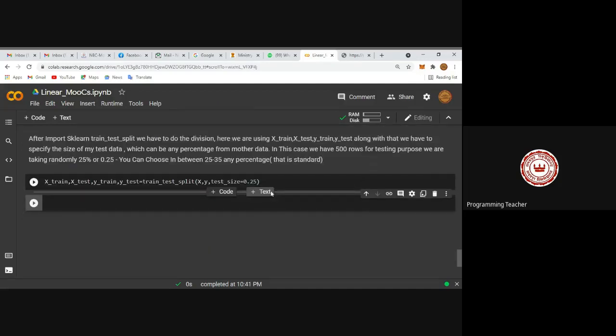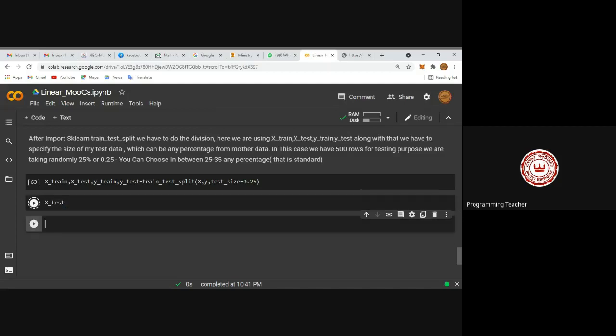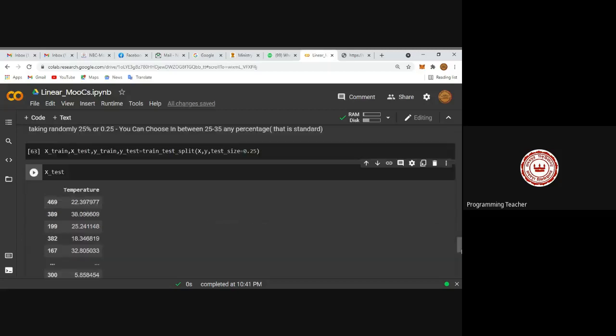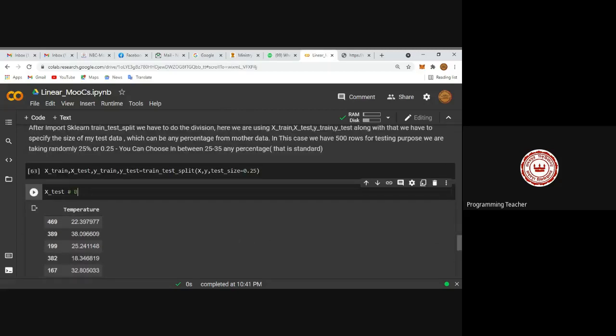Great. So if you fetch 25% data from your mother 500 data, what about the remaining part? If you type xtest, it will tell you everything. Exactly 125 rows, because we have taken 25% from 500 rows randomly.